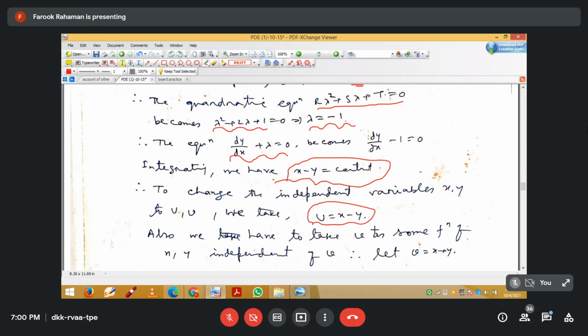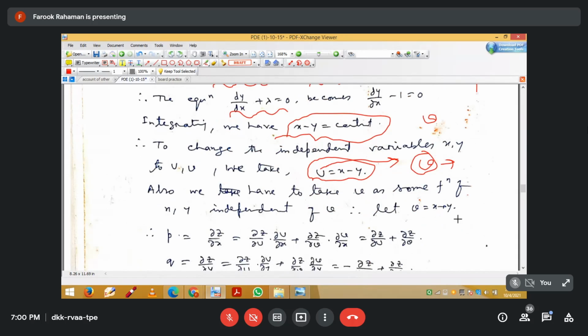Sorry, u equal to x minus y. Now what is v? If we have to define a solution, then by using the second one we can easily solve, but in this case we get the same solution. So to choose v, we can choose it arbitrarily, with just one restriction. What is the restriction? This v should be independent of u. So we can choose any v. Just keep in mind that v should be independent of u.